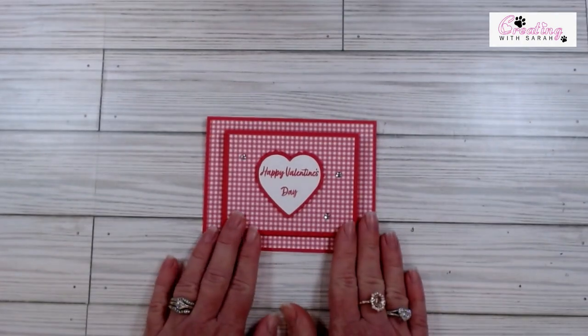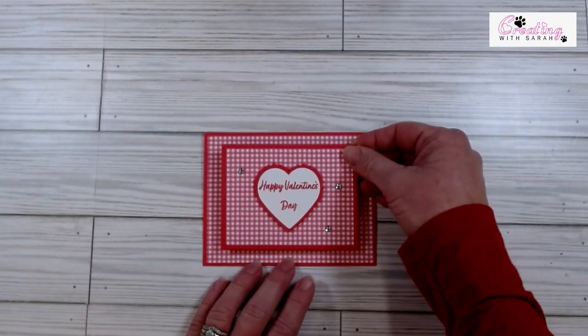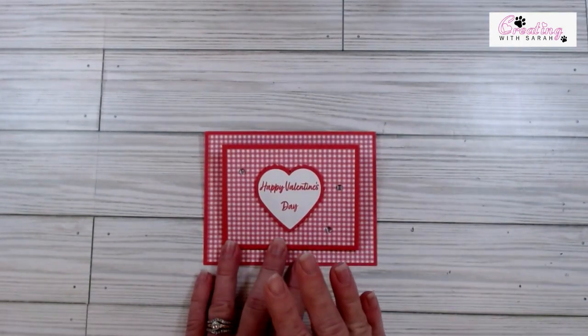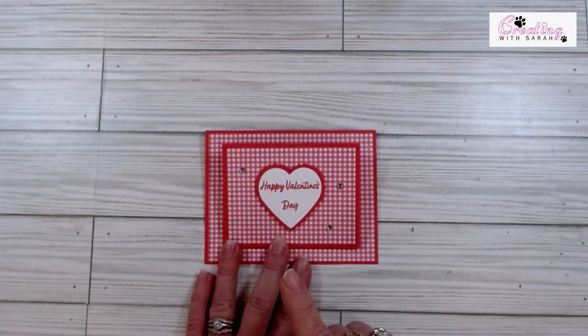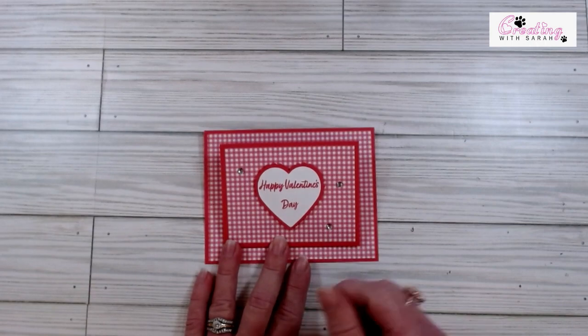So this is my version of a fun, fancy fold gift card holder. I did put the Happy Valentine's Day, and I actually went really not plain or generic, but I just wanted it to be very simple. Simple is a good word for it. So I just did our heart punches and I stamp the Happy Valentine's Day, and I just put a few of our little diamonds on the